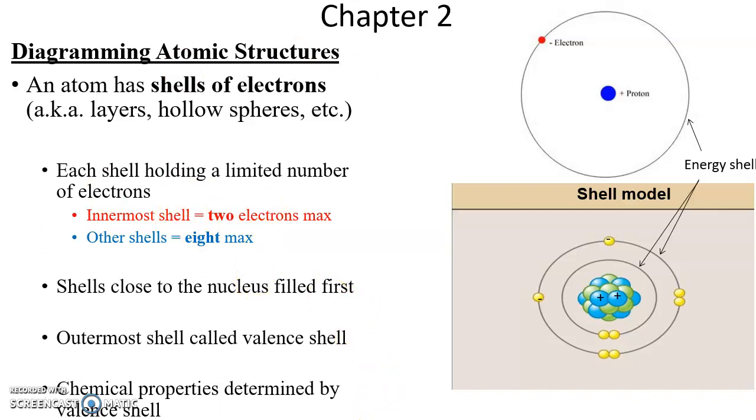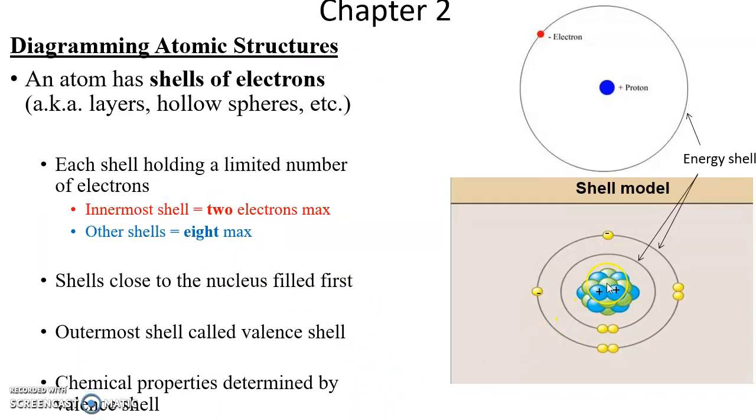Again, the shells closest to the nucleus are the ones that get filled first. So the first electron shell will get filled with 2, and then a third electron will go out to the second shell, and so on. And the outermost electron shell for any atom is called a valence shell. It is the valence shell and the number of electrons in the valence shell that determine the chemical properties of that element, which means that various elements that have a similar number of electrons in their outermost shell have similar